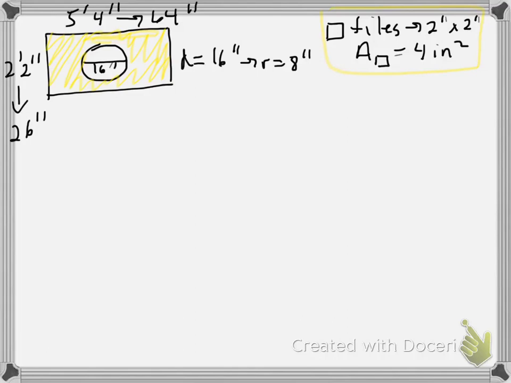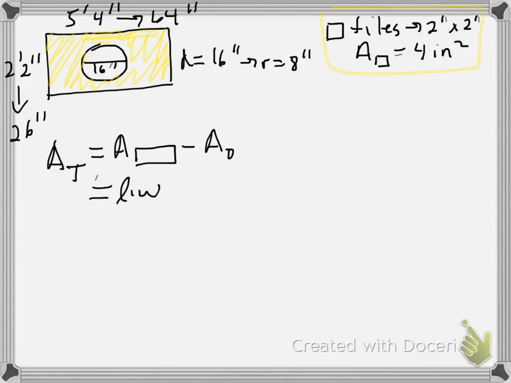Now, we're not worried about cutting in irregular shapes and all that. We're just going to figure out how much is in there. In order to do that, though, we need to have a plan, and the first plan is to write down the area that's shaded, or the total is the area of the rectangular sink top minus the circular sink. And that is length times width minus pi r squared. And it turns out we got a little bit of work to do because we had to convert